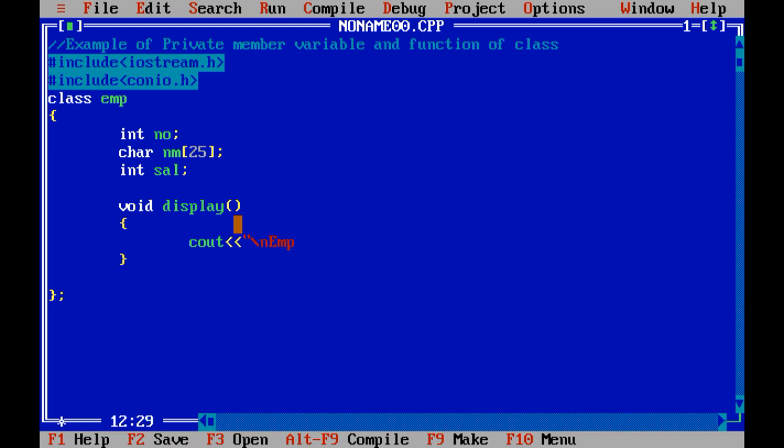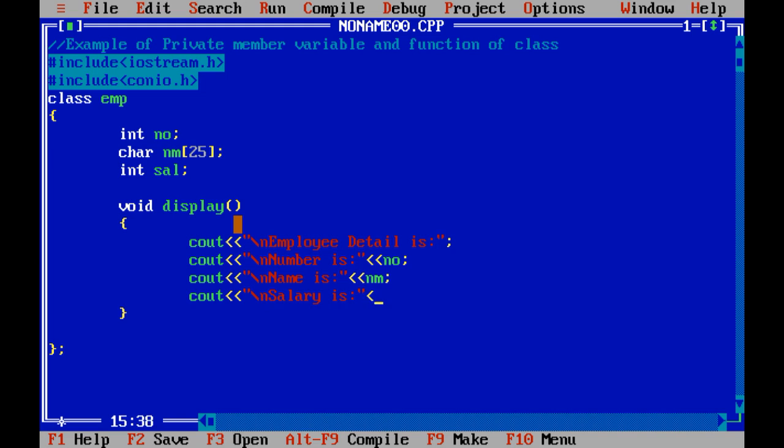It will display on the screen whatever values you have inserted in number, name and salary. So: cout employee detail is, cout \n number is, number, cout \n name is, variable nm, again cout \n salary is, and the salary variable.